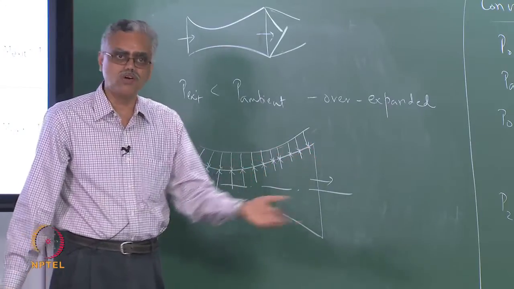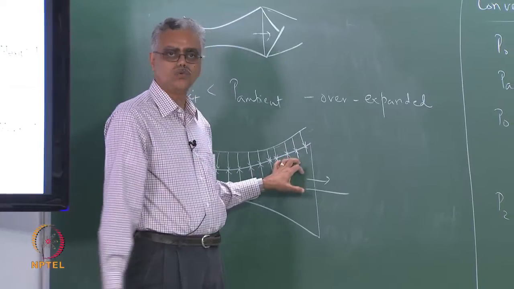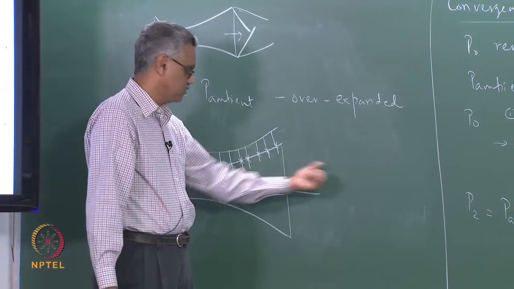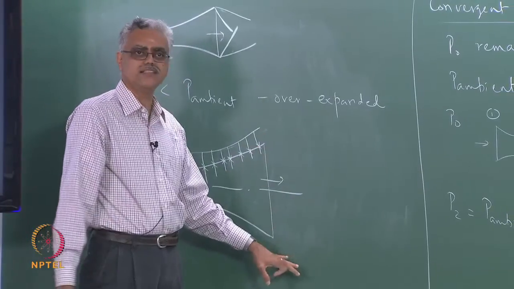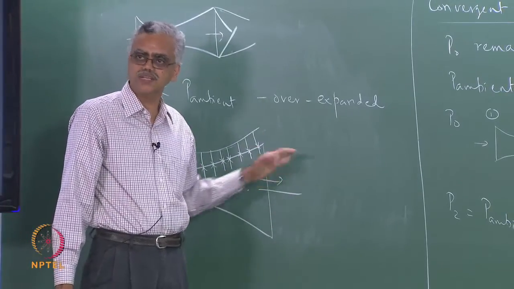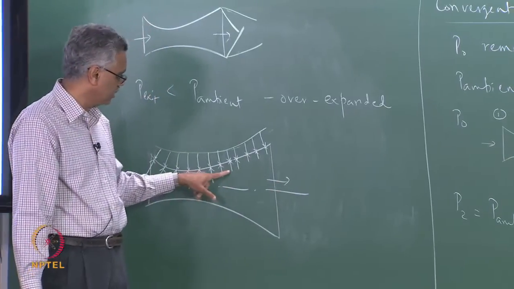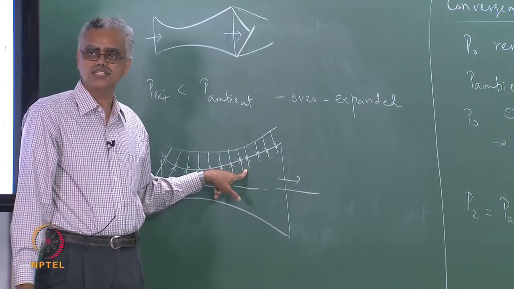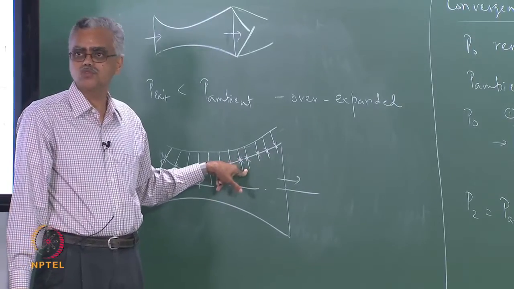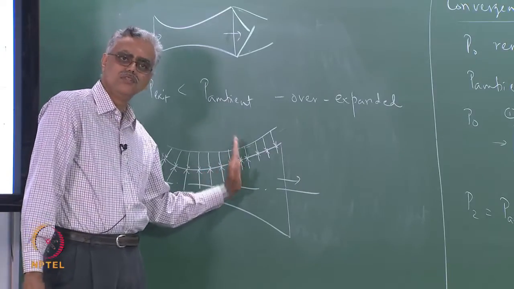Underexpanded is somewhat better because the pressure is higher here, so you get thrust throughout, plus you also get some thrust from here, but the expansion against the air is not good, so that we can try to avoid. But overexpanded flow is very bad because you start losing thrust in part of the nozzle itself. So this part of the nozzle is actually not doing what it is supposed to be doing. In fact, I will be better off if I remove this part of the nozzle,